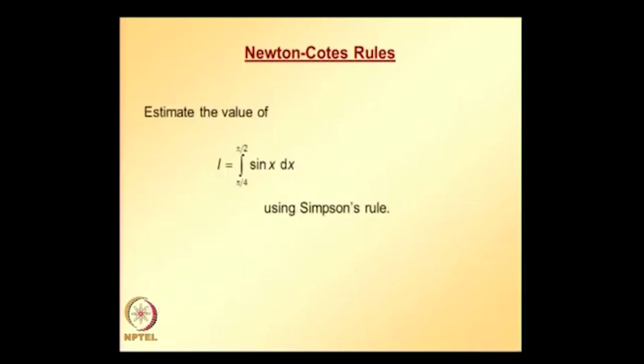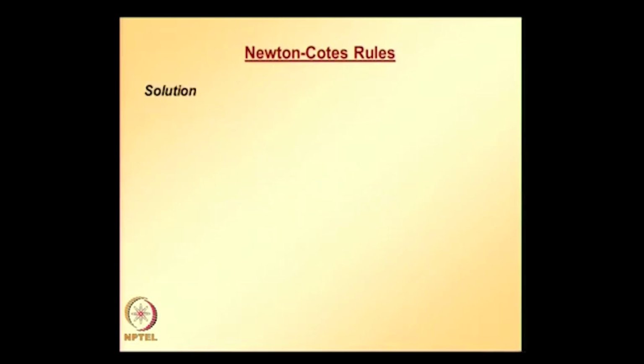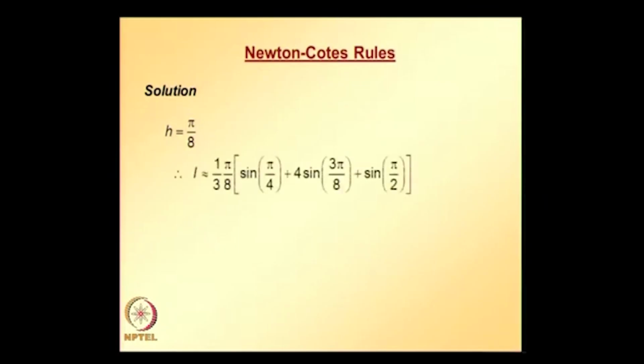So now let us take this example which we already solved using trapezium rule: integral sin x between the limits pi over 4 and pi over 2, using Simpson's rule. So x1 is going to be pi over 4, x3 is going to be pi over 2, and x2 is going to be midway between pi over 4 and pi over 2. Solution: h is equal to pi over 8,